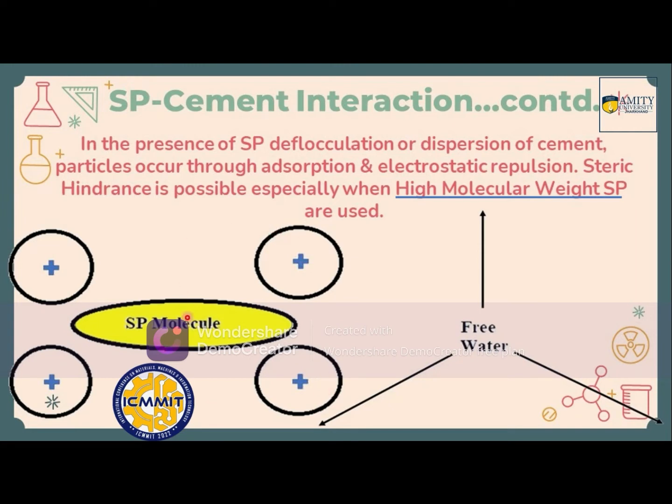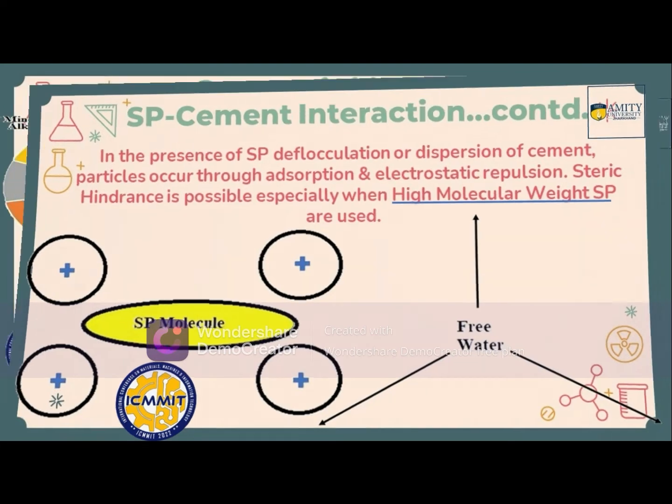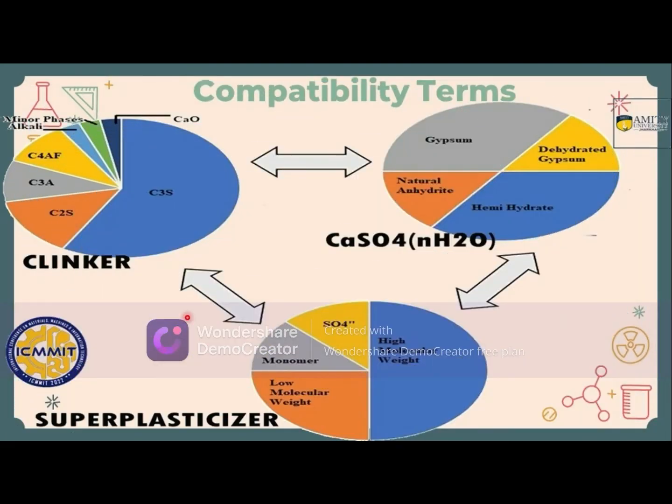As it is more fine, steric hindrance is possible only when high molecular weight superplasticizers are used. Now, what is steric hindrance? I told because of the long chains and the short chains. Now the comparative terms, what we are having in the clinker of the cement,